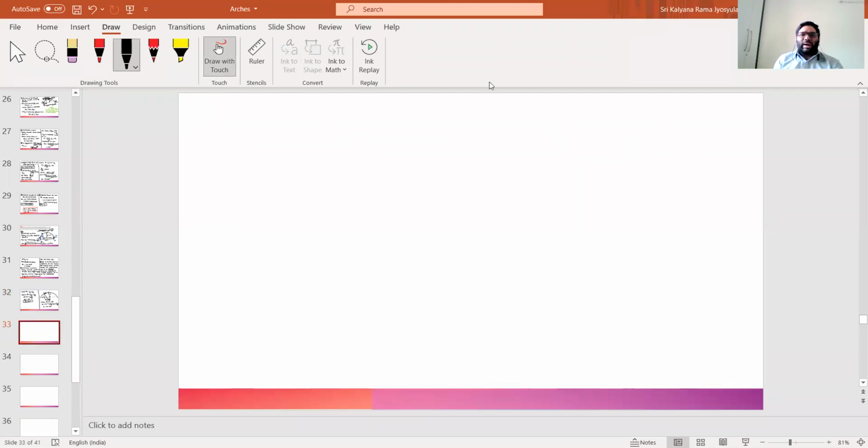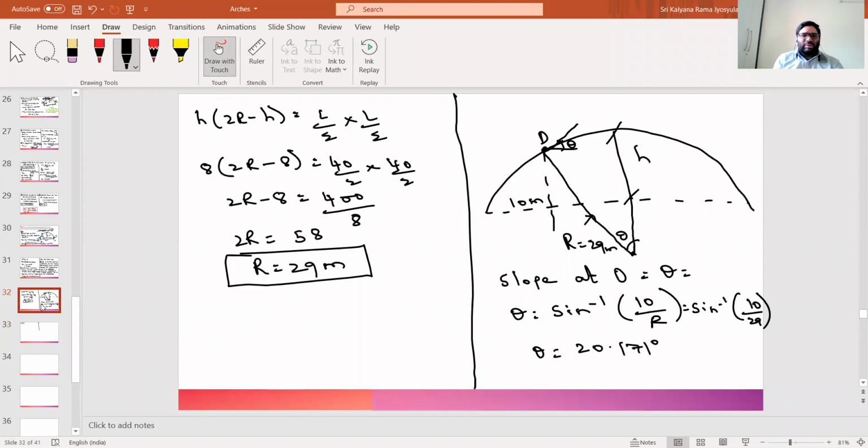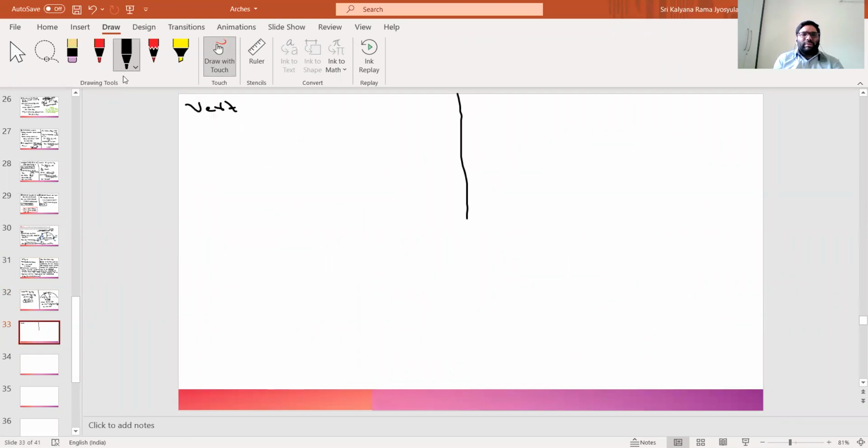Now once we know theta, see, ultimately why are we trying to calculate this? We are calculating this to calculate the radial thrust, normal thrust and radial shear. Now after that, vertical shear. So which step is this one? This is the third step, and now we are in the fourth step.